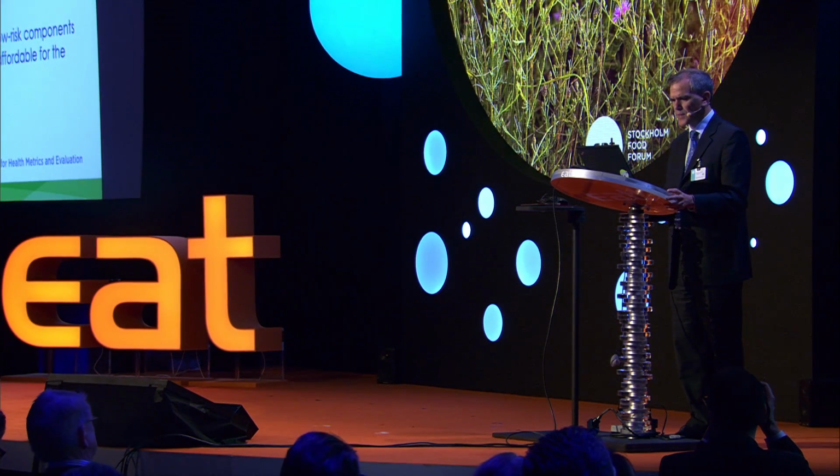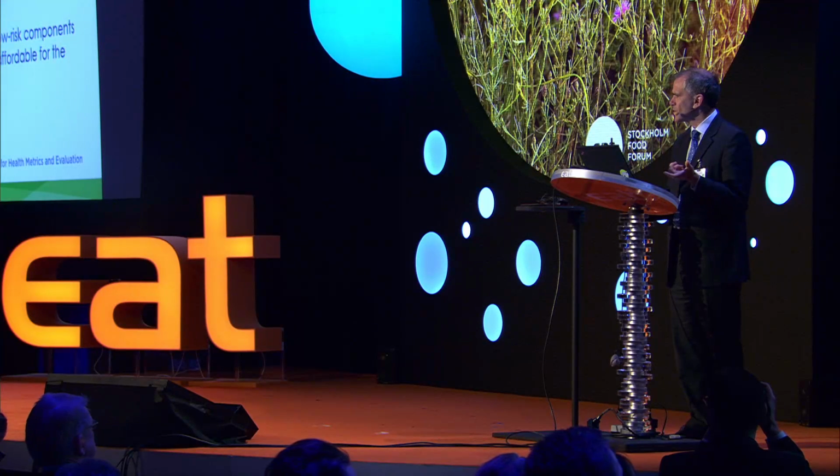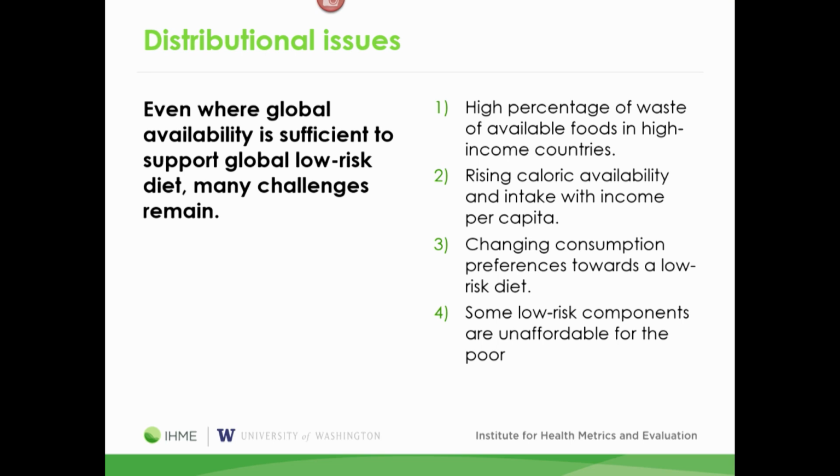The part also that really leaps out if you drill deeper into the data is that some of the components where people grow the food, like fruit exporting nations, tend to have some of the lowest consumption of those goods because they make much more money sending them abroad for high-income countries to consume. So there are challenges also, particularly strong, I believe, in shifting to a minimum risk diet in countries in transition